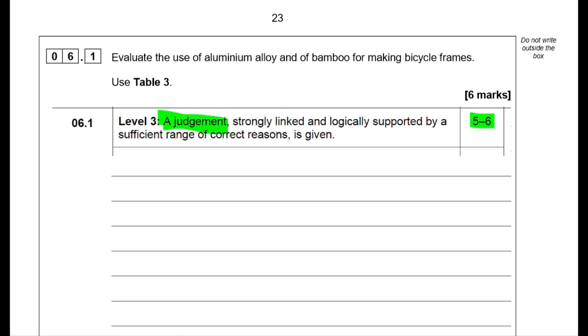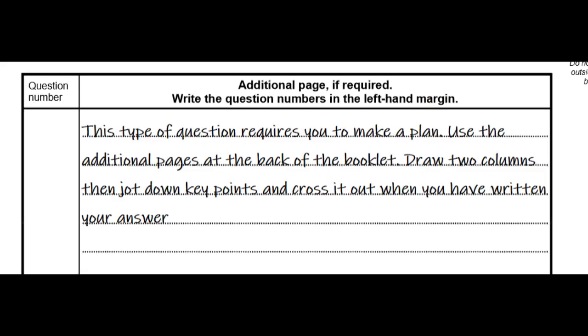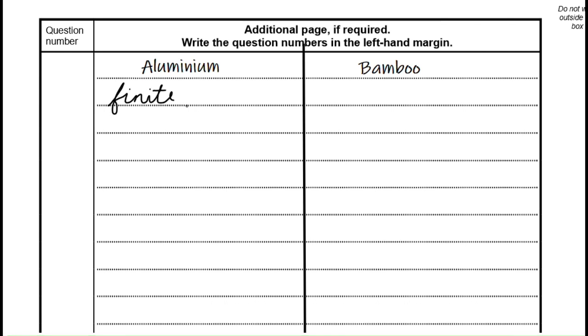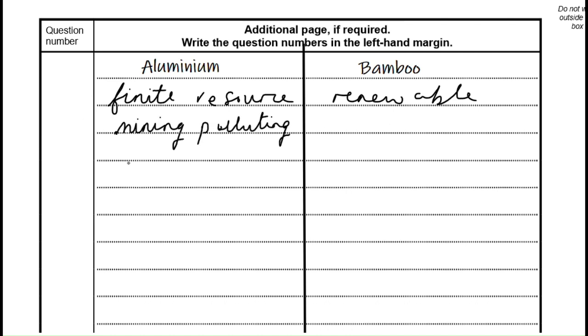Now, this type of question requires you to make a plan. You can't really tackle this without planning. Now, you can use the additional pages at the back of the booklet. Just draw 2 columns, jot down the key points, then cross it out when you've written your answer. Some of your points will come straight from the table and some will be your own knowledge. So, aluminium is a finite resource and clearly bamboo is renewable. Aluminium ore is mined, so there is pollution in mining, and in growing bamboo we use land which could have